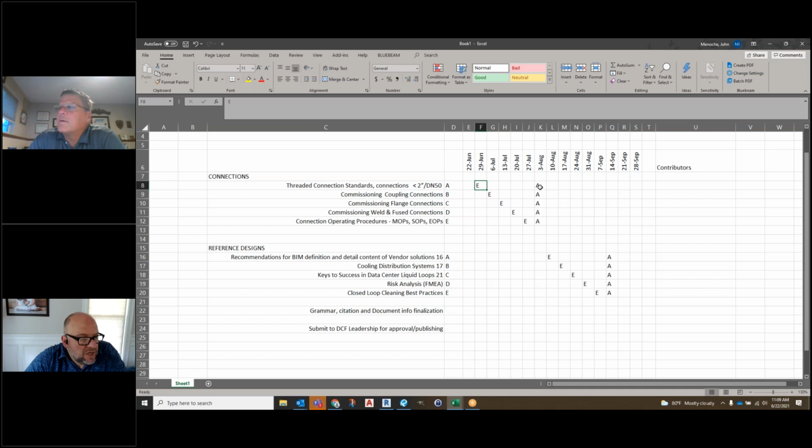And then we'll eventually get to the point where, towards the end of July, we'll have all of the ones for the connections paper done. Then we'll spend a week and just approve them all in one week. So that same 20 minutes we'll just spend going through and seeing if there's agreement. Then we'll do the same thing towards the latter part of the summer, going through the reference design papers,